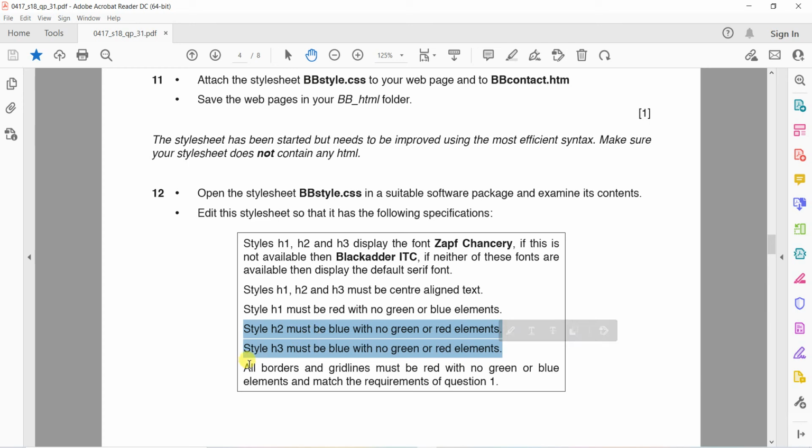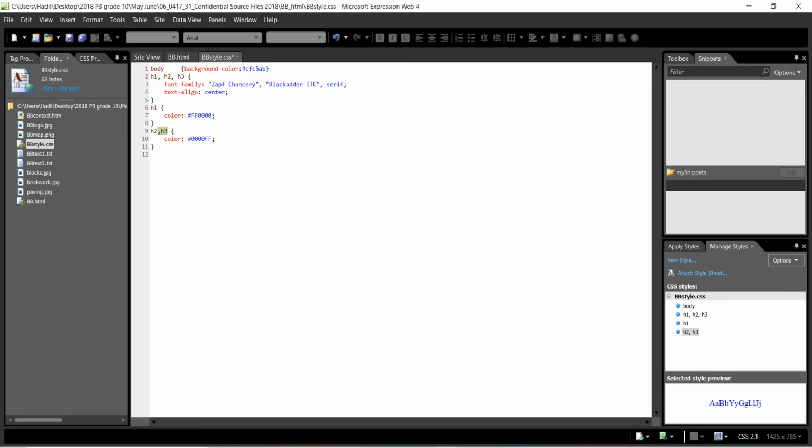All borders and the grid lines must be red, no green or blue elements, and match the requirements of question 1, which means the 4 and 2 thickness. Okay, but here we have to make the red. Now,